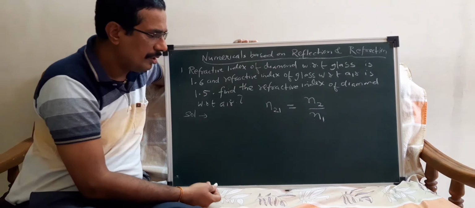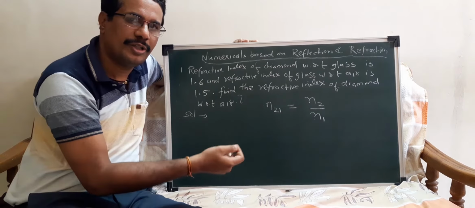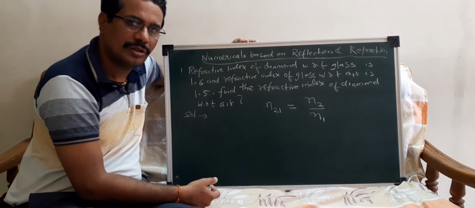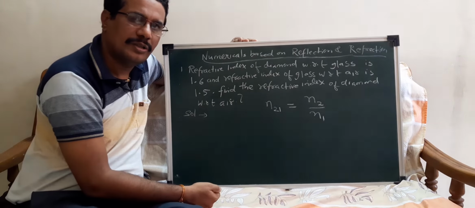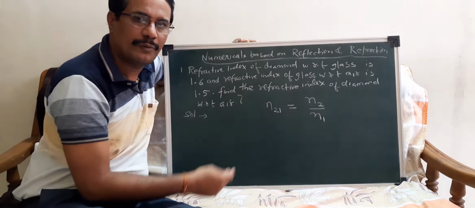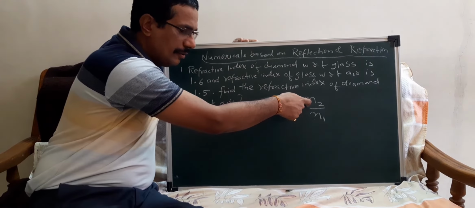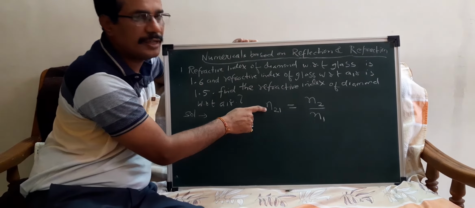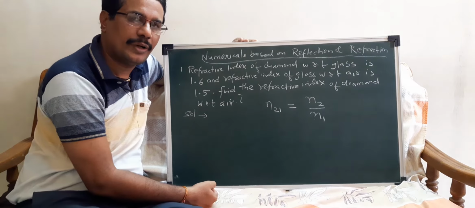Now we all know the refractive index of air is the minimum. Air or vacuum is minimum. It is 1.0008 something. That is the refractive index of air. And the refractive index of glass is 1.5 something. So if you calculate it, it will be 1.5 divided by 1, that is equal to 1.5. So the refractive index of glass with respect to air, the formula is N2 upon N1. So whenever you want to calculate refractive index, this is the general formula. N21 is N2 upon N1. So in this way we generally calculate the refractive index.